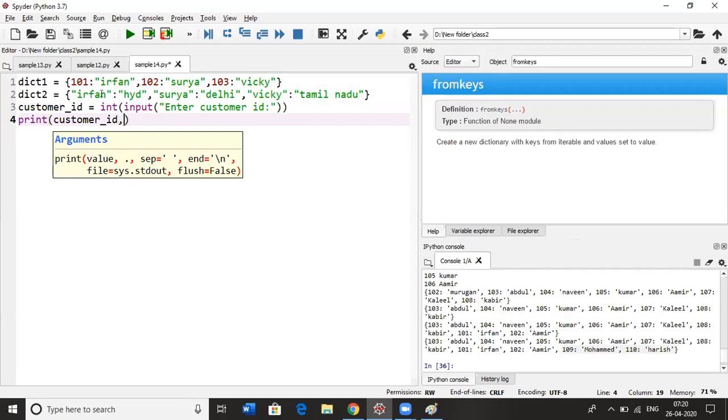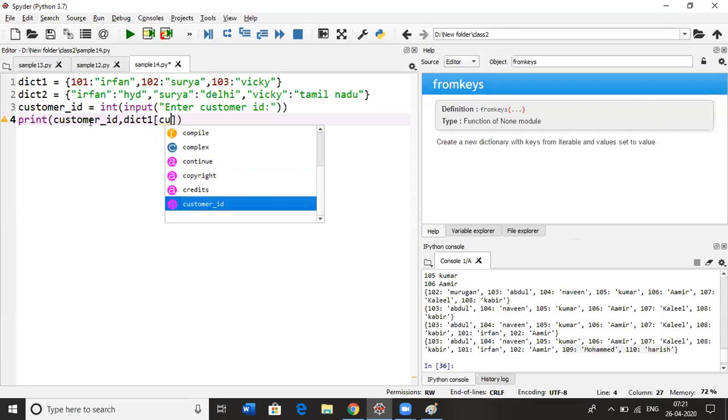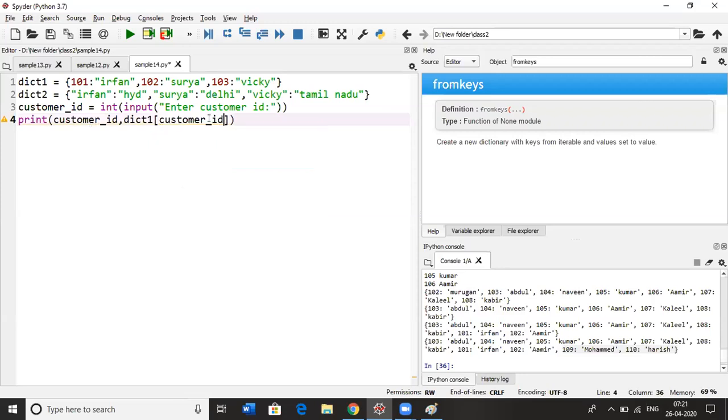How can you print the customer name? Just use the dictionary, pick one, and we need to pass the customer ID to get the customer name.